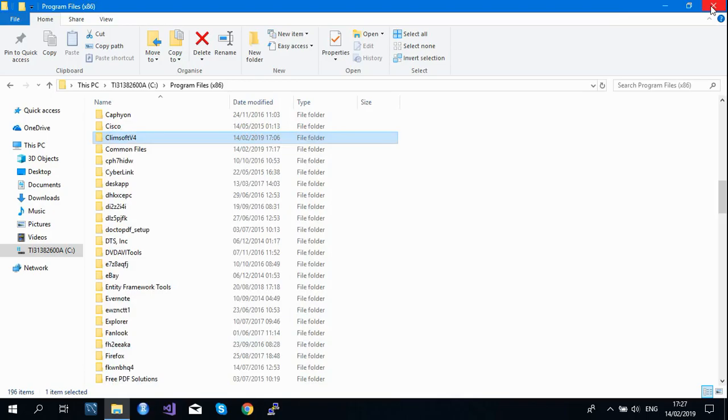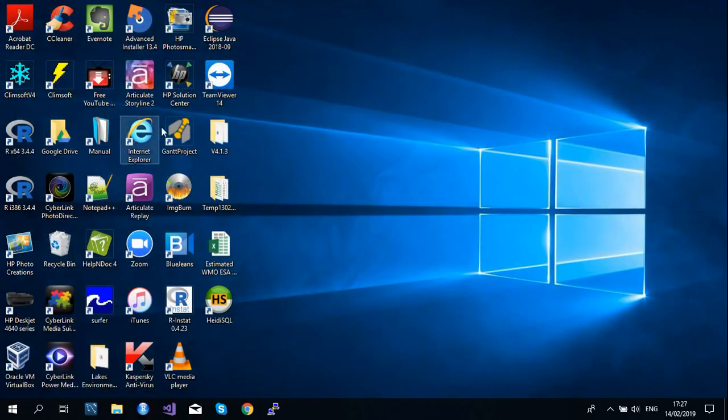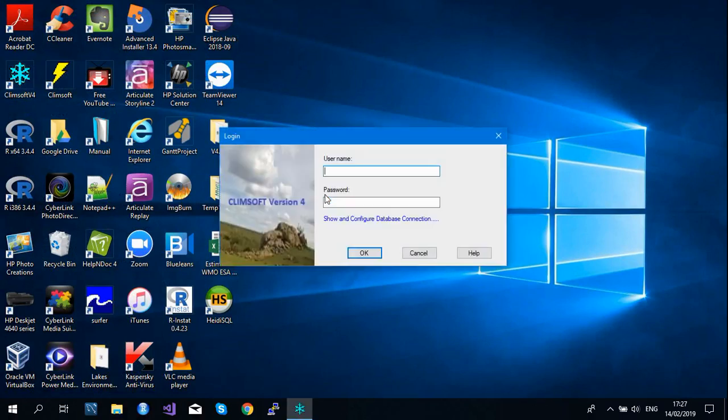Close your window and then go to CleanSoft, double click on CleanSoft, and then here you need to provide the password you've created. You remember at first login you have to use the username created by the database, which was root, and remember the password you've assigned to the root user. You need to pay attention here, because if you forgot this password, it will be another problem. You need to restart the installation again.